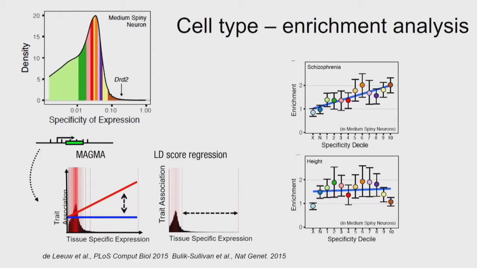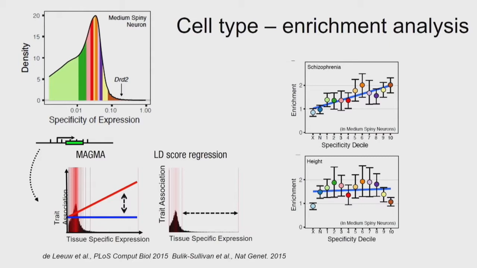So then we looked at, this is now the cell specificity graph, this one here, in a non-log scale. And then we said, okay, for each of these deciles here, and 30-tiles here, how much of the inherited risk lies in each section? And then we plotted it like this. So this is now for LD score regression. You'll see as you move forward, this is for the medium spiny neuron, and as you move up in specificity, you'll find an increased enrichment of schizophrenia heritability.